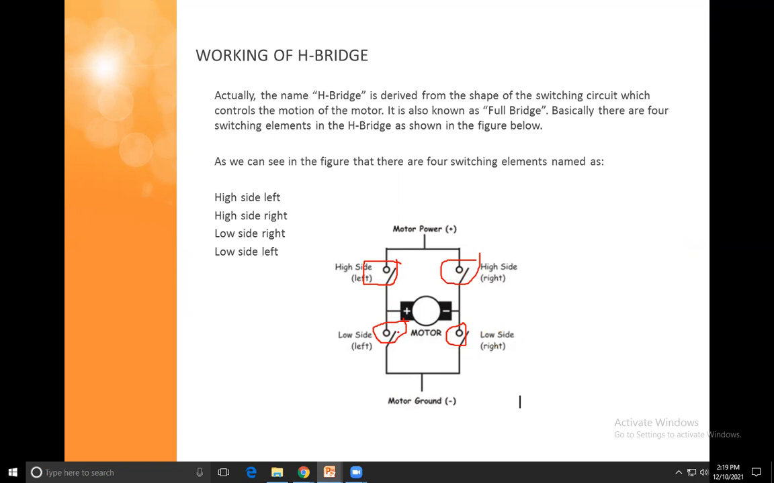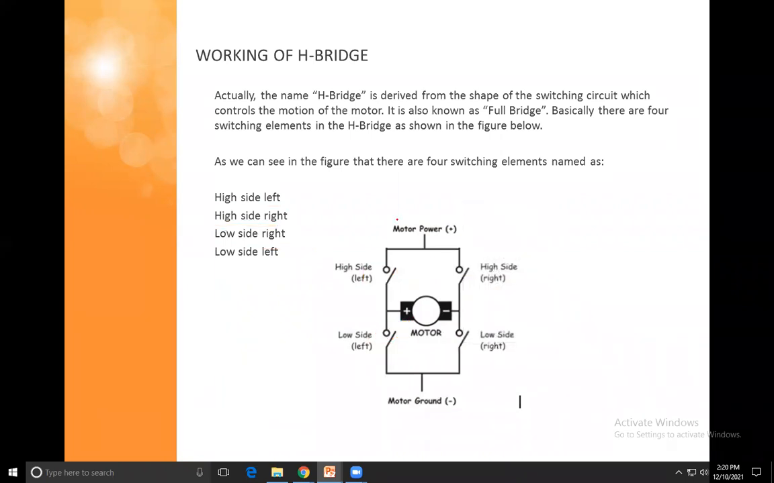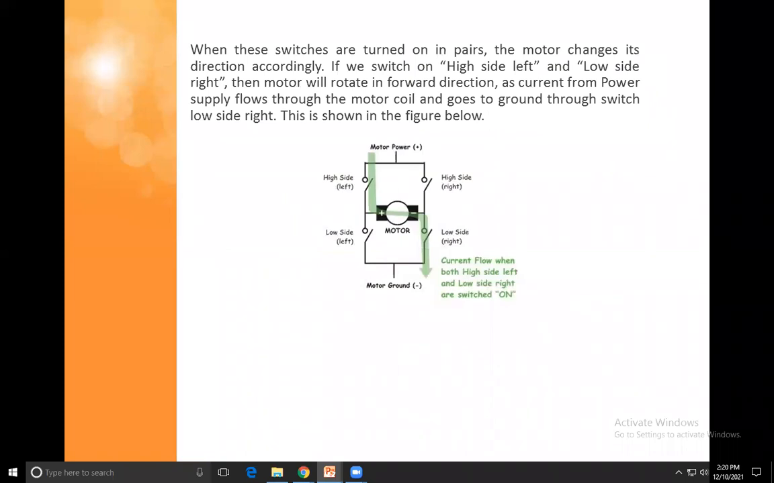So how will this be done? See, the switches are called the high side left, high side right, low side left, and low side right. So these are the switches. By using them, you can give the direction of the motor, clockwise or anti-clockwise. So see how it will be done. The next slide is